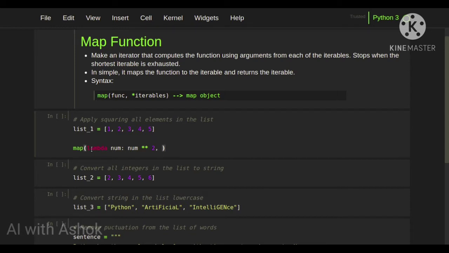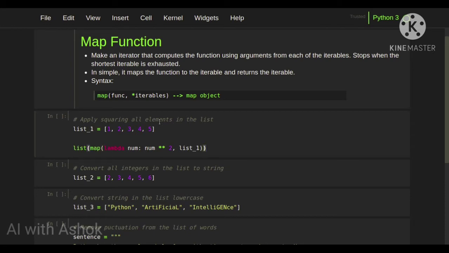Then we are going to pass the iterables. Here the iterable is this list, so list 1 is going to be our iterable. Now, the map function will return a map object, but we want a list, so we are going to convert this map object into a list.